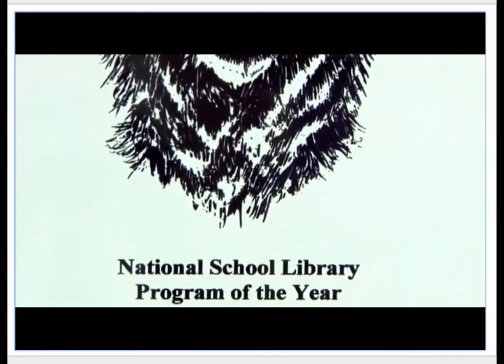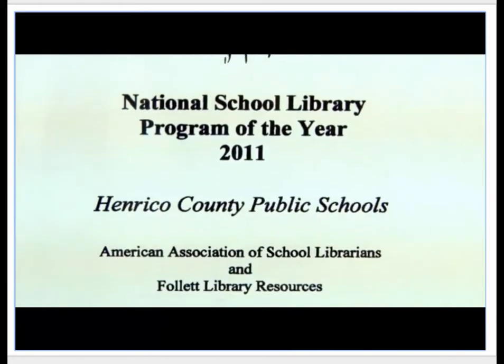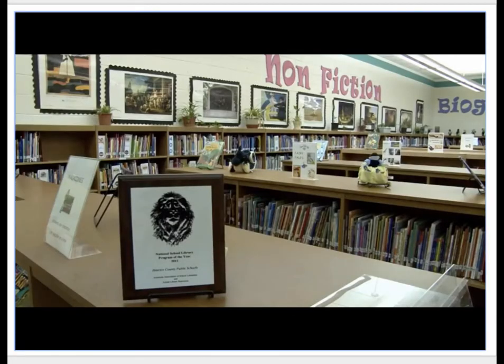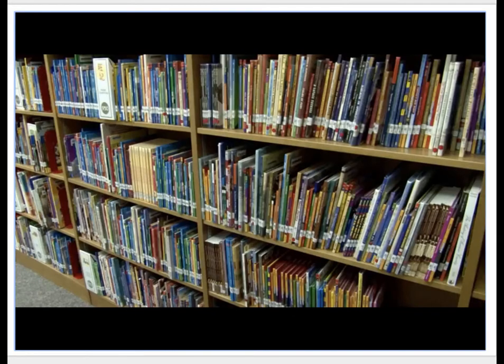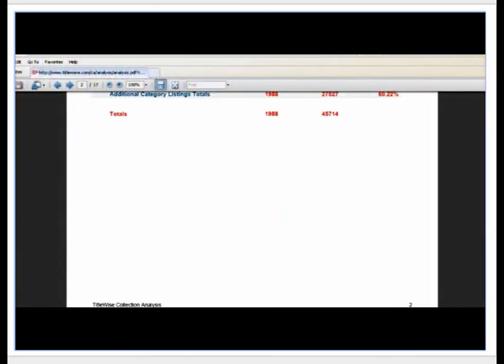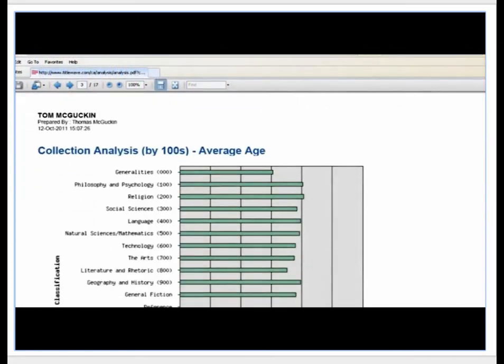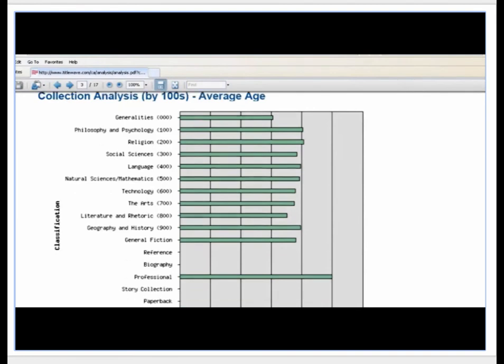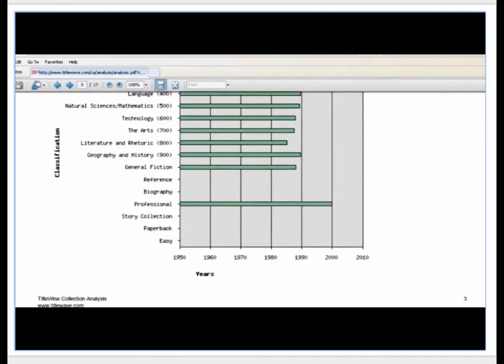You have to go back a couple of years because this process wouldn't have come about if we hadn't done some groundwork. And so the neat thing about what happened here was we had collection reports done by our rep. And I had wanted to do that. I love data. I like working with data. And in a school division, data speaks.